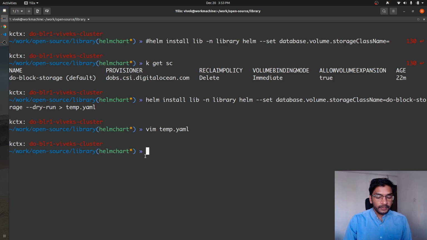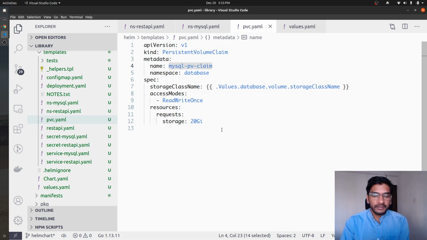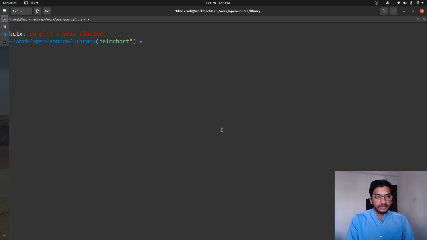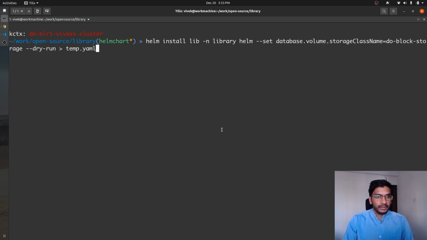right? So this is a very simple example, I would say, of specifying the things, but this is how Helm helps us to achieve the things, to specify the things at runtime, right? Now if I just go ahead and try to install the things, so helm install, and this time I actually want to install the things. If I press enter now,